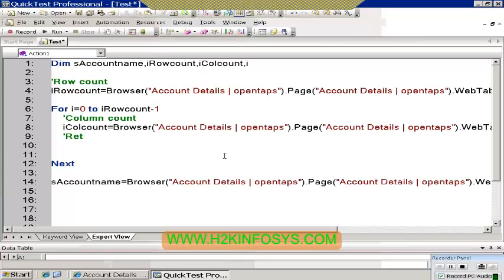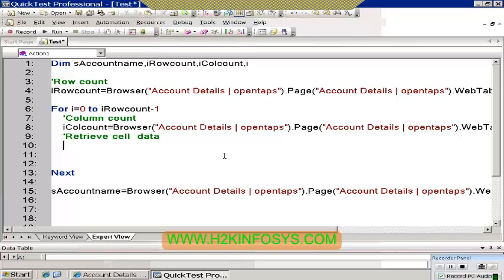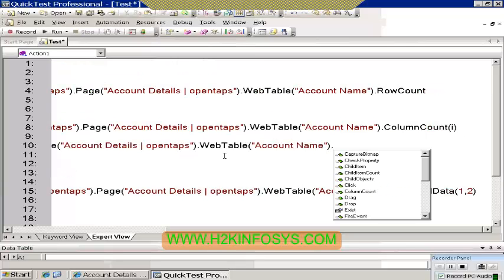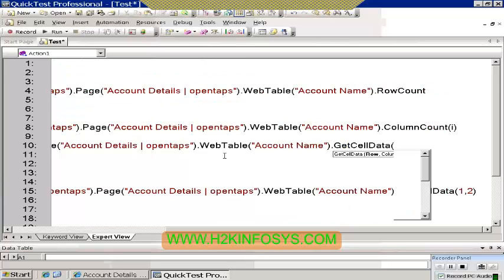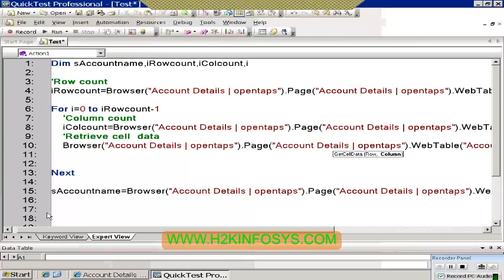Now retrieve cell data, and dot get cell data. So the first one is the row, right? So row is nothing but I, and the column is, so you are going to get